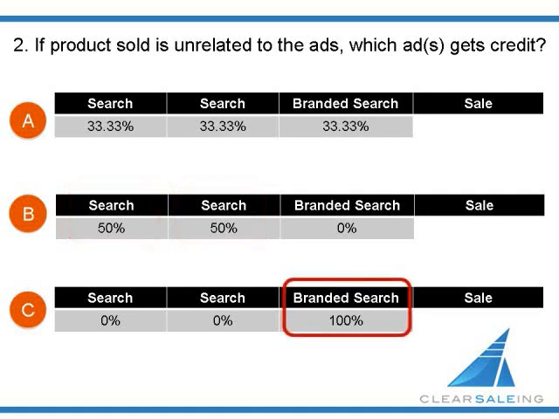And if you vote for Attribution Rule C, you believe the purchase has nothing to do with what they searched for. Credit is excluded from the terms that do not relate to the product bought. All the credit for the sale is attributed to the final ad for Finish Line.